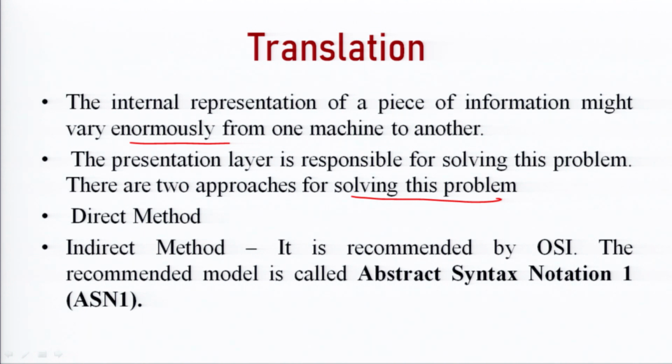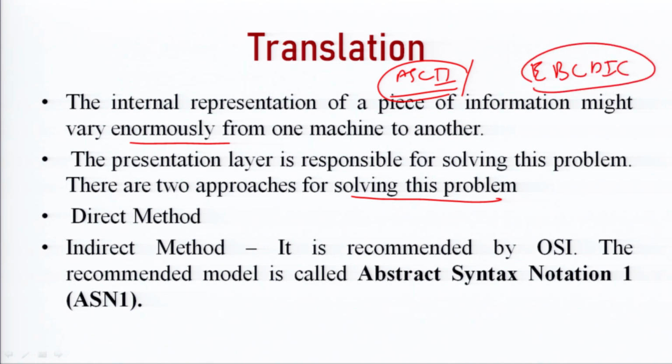Suppose in one it is in the form of ASCII, and in another it is in another format, and you want to send a message from computer 1 to computer 2. Then there is a need for a converter which will convert this ASCII format to the EBCDIC format,